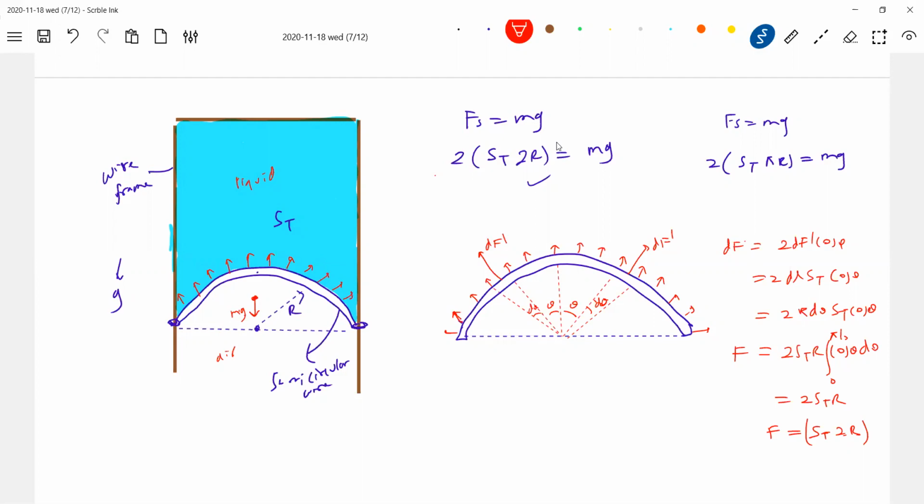Why pi r? See, first of all, how will the molecule exert a force? This is the thing. Here it will exert a force tangentially. If a ring is placed on the surface of water, what will happen? It will exert force vertically. I think you should be very clear about the question. If the same semicircular ring is placed on water, tell me how it will act. Here how is mg acting? Mg is acting vertically down here. There's a different condition, so you should see in which plane it is lying.